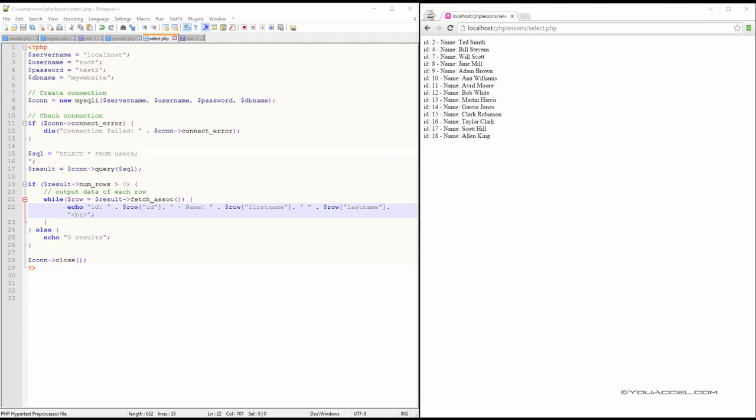Now you can see it's in ascending order by ID. We can change the order to descending by using the DESC abbreviation. So if you plug that in after users and press refresh, we're now sorting in descending order